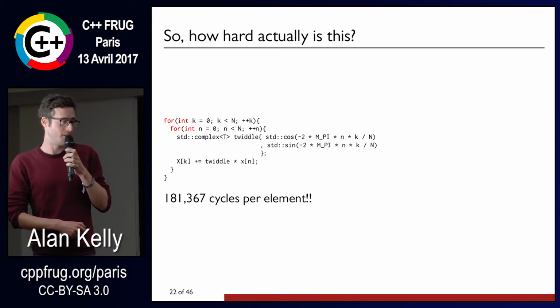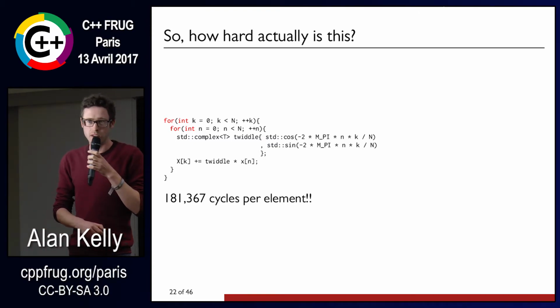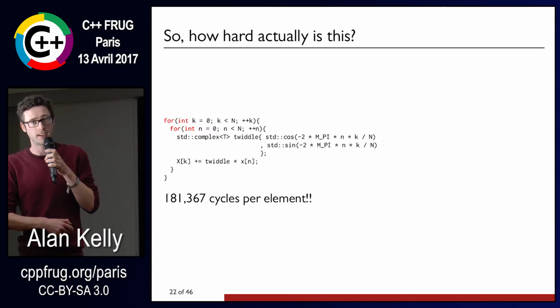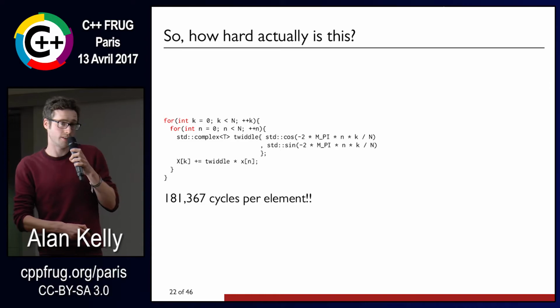So the FFTW people have done their work. That's 30,000 times slower. So I could do some of my normal optimization tricks. I could pre-calculate the sine and cosine because we reused them. I could do the complex multiplication manually and maybe gain a few cycles there, but I'm not going to gain